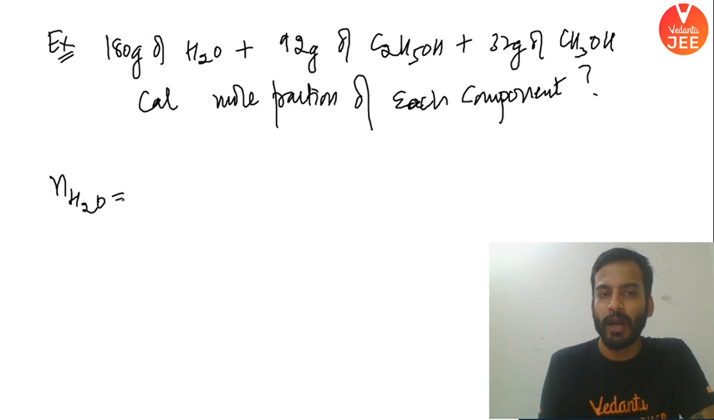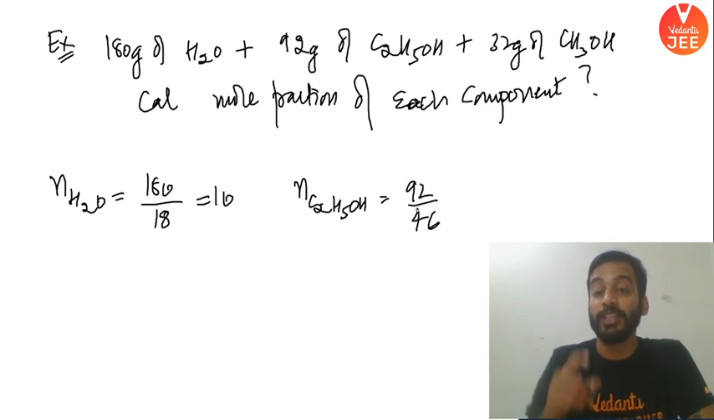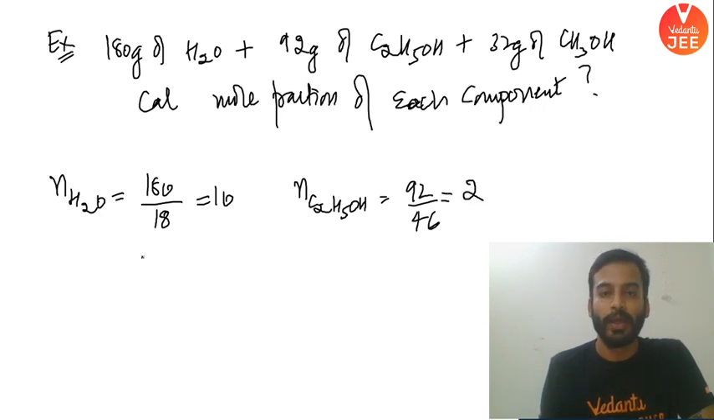ऑफ वाटर। हाउ मेनी मोल्स ऑफ वाटर वुड बी देयर? 180 डिवाइडेड बाय 18, कितने आ गए बेटा? 10। What would be the number of moles of your favorite compound C2H5OH? जल्दी बोलो। 92 divided by 46. Molar mass of C2H5OH is 46. यहाँ पे आ गए कितने? 2। Then